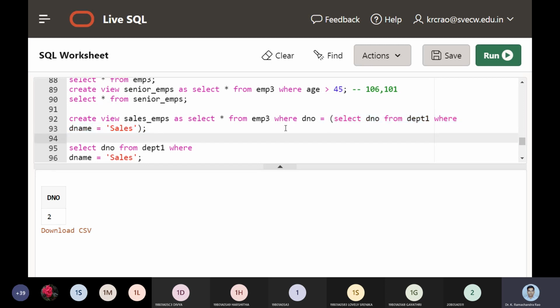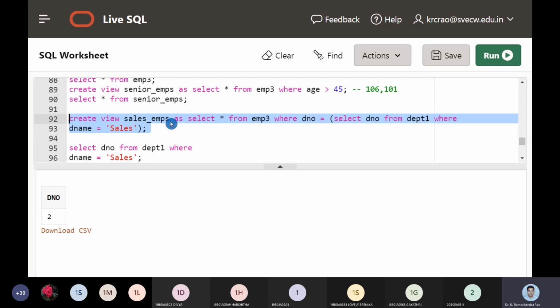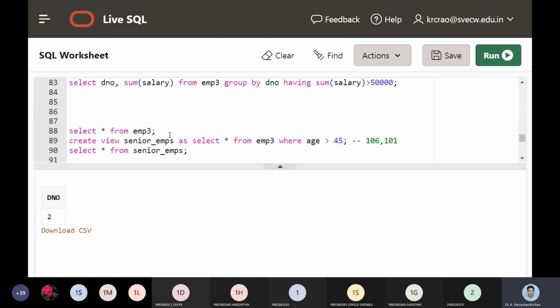So now what is our analysis? Create view sales employee as select star from employee 3, where department is equal to 2.